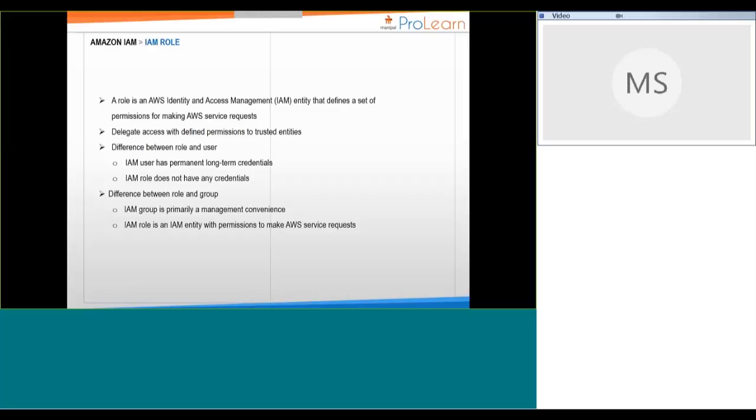The way it works is like this. Suppose you need to do SDK programming, or you want to do CLI programming,